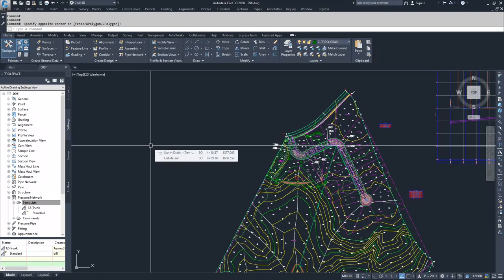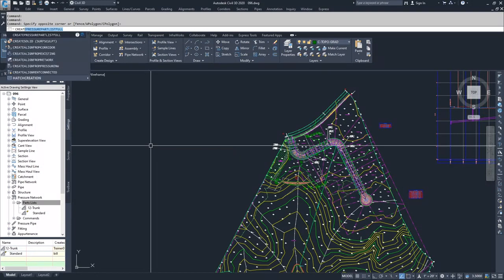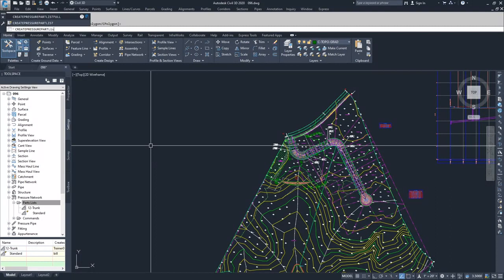It is create pressure parts list full. If you were to click this and hit enter,